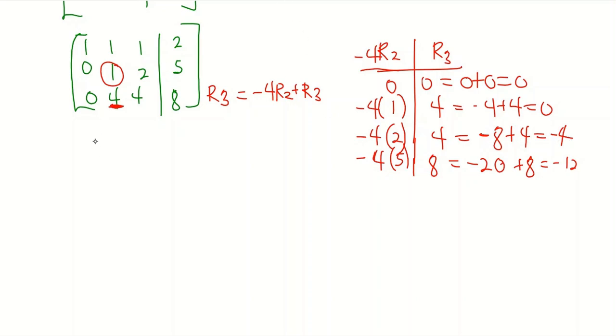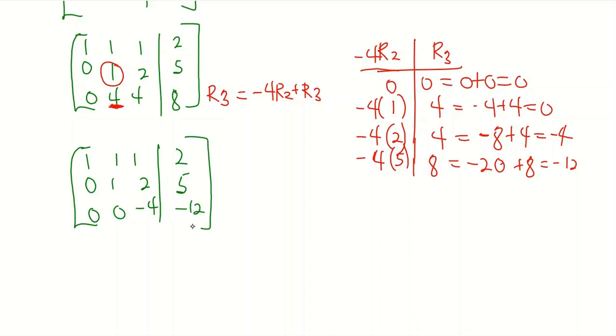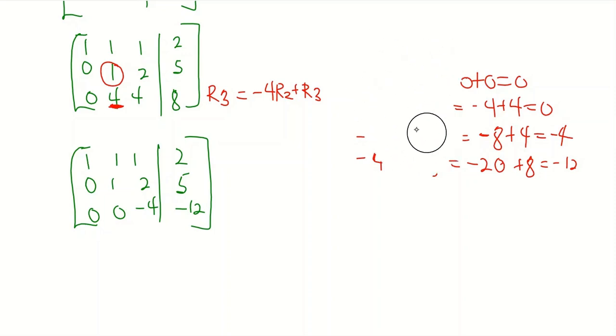And so our new matrix can be written as 1, 1, 1, and we have 2, so we have 0, 1, 2, 5, and for row 3 now we have 0, 0, 0, negative 4, negative 12. Now the next idea here is that we have to change the 1 we see above the 1 in row